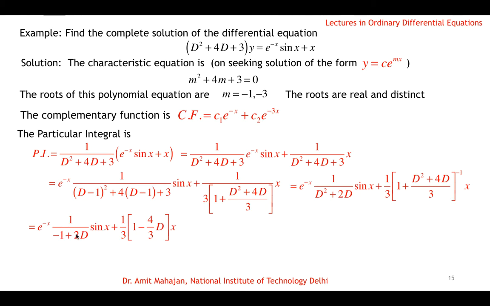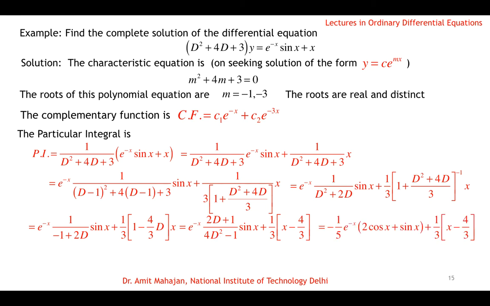For this we have no rule now, so either you apply theorem 2, or you can multiply with 2D plus 1 and divide with 2D plus 1 to write the denominator in D². So we multiply with 2D plus 1 and divide with 2D plus 1, so the denominator becomes 4D² minus 1. Now we can apply the rule that D² is to be put as minus 1 in the denominator. So D² is minus 1, and the denominator becomes minus 5. So minus 1 by 5 exponential, and 2D plus 1 can be operated on sin x: the derivative of sin x plus 1 times sin x, so 2 cos x plus sin x.